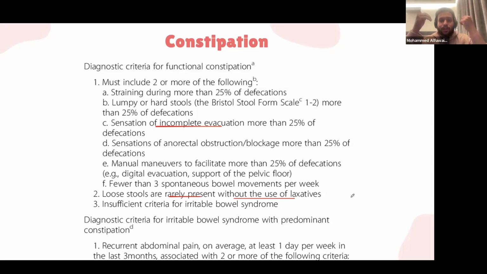Okay, you tell them, you need to lose weight, have a better diet, increase fiber, increase hydration, and it usually will clear up. The secondary cause of constipation is due to an underlying disease. So, for example, underlying diseases could be